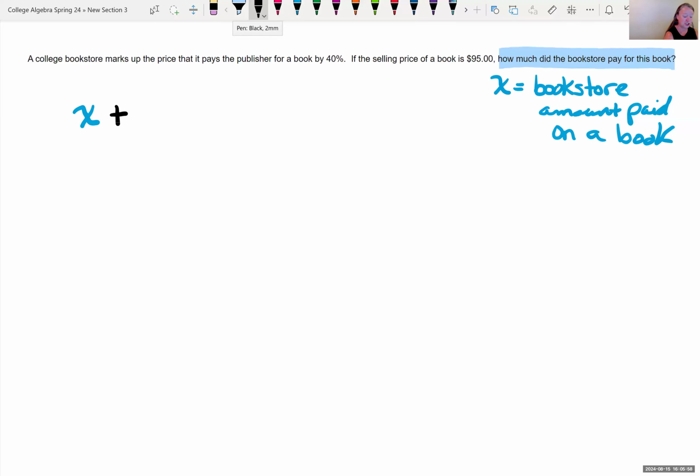Then they're going to charge that amount plus 40% of the amount that they paid. So 40%, when you're taking a percent of something, you put it in decimal form. So I'm going to take 0.4. I can put the 0 there if I want, but I really don't need it, times the amount the bookstore paid. And this is equal to the amount the student will pay, and the student or selling price is